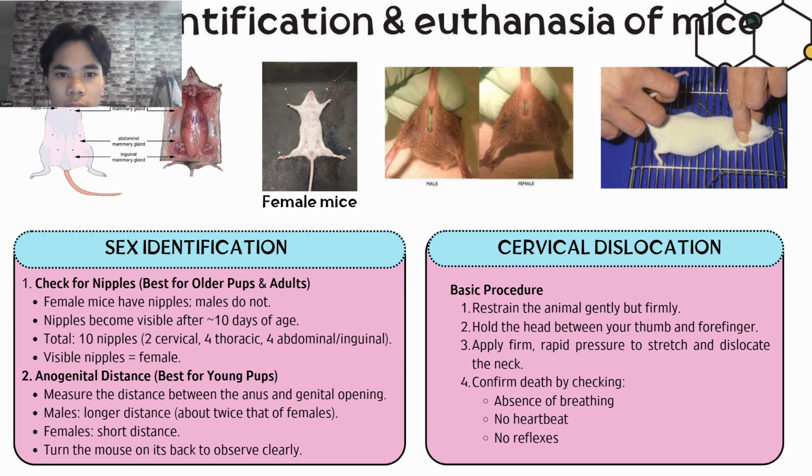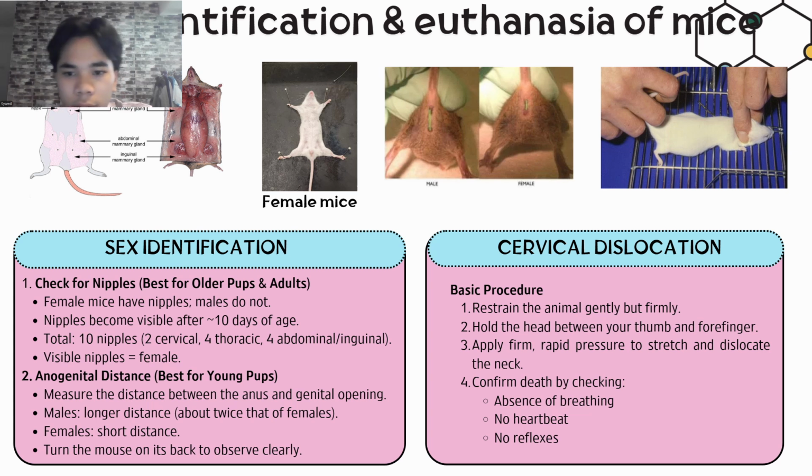Next is the sex identification and euthanasia of mice. First is the sex identification. How do we check the gender of the mice? We check for the nipples. Next is the anogenital distance, which is the distance between the anus and the genital opening. The mice that we use are the female mice, as they have nipples and the anogenital distance is very